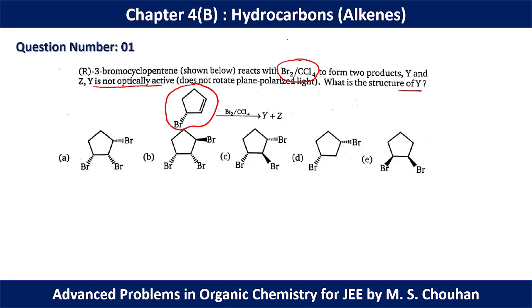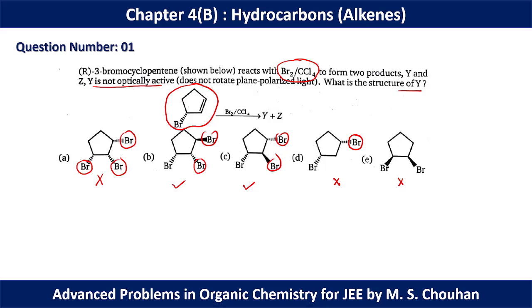Basically, bromination is anti-addition of two Br atoms in an alkene. In this case we can see this is the initial bromine present in the molecule, but this is a syn addition, so this is not possible. This is anti-addition, this is possible. This is also anti-addition, this is possible. There is only one bromine added from Br2/CCl4, so this is not possible. Accordingly, this also is not possible, because for Br2/CCl4 addition or bromination reaction, we have basically insertion of two